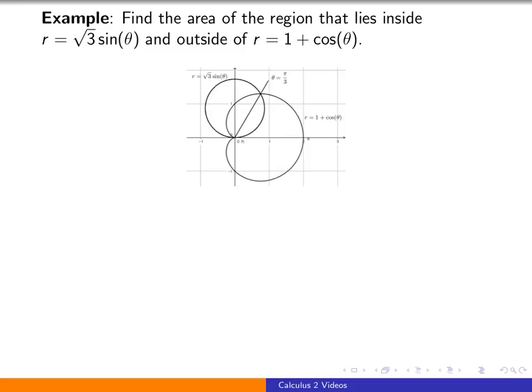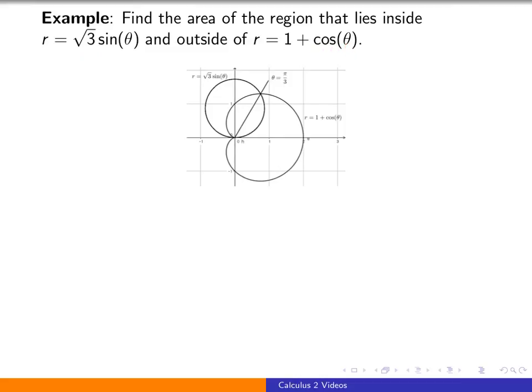In this video, we will continue investigating areas enclosed by polar curves. And in this example, we're going to look at a slightly different question. Instead of just one polar curve, we're going to combine together a region enclosed by two. Specifically, the region that lies inside the curve r equals root 3 sine theta and outside the curve r equals